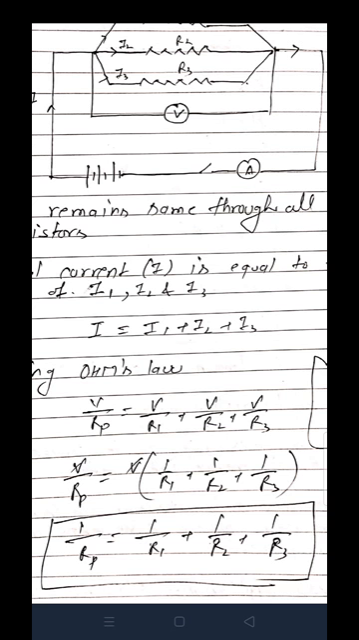So if you have been given a number of resistors connected in parallel, how are you going to find the equivalent resistance? You are going to find the equivalent resistance by adding the reciprocals of all the resistors, and at last you will reciprocate it again to find the resistance of the parallel combination. Okay,